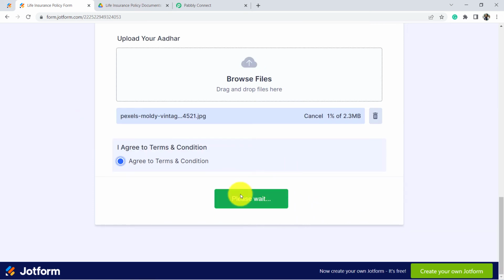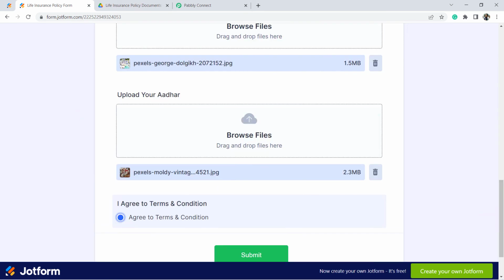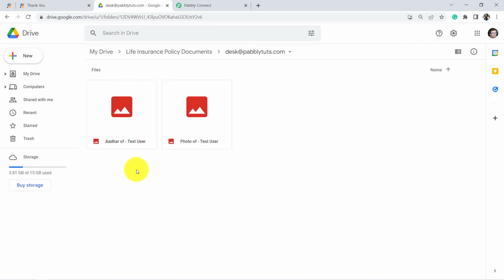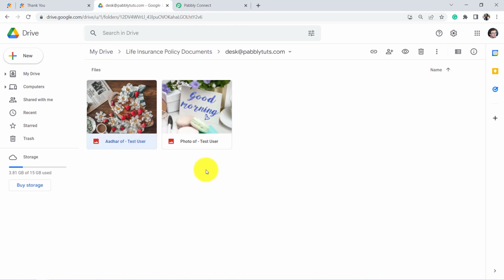Please wait. So both of the images have been uploaded. Let's click on this button, submit, and wait for these photos to be uploaded here. So I'm expecting one folder should be created, and yes, the folder is created automatically. Let's open it, and yes, Aadhaar of test user and photo of test user, both the images